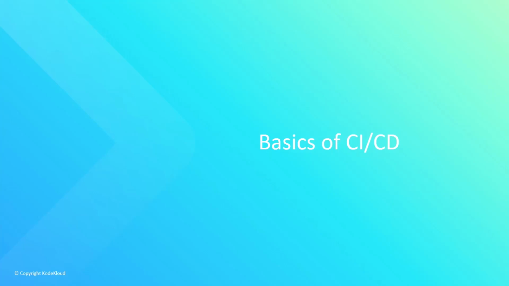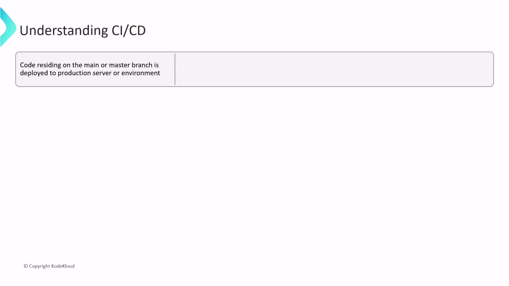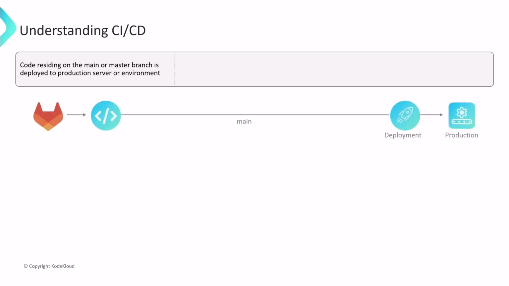Let's go ahead and explore the basics of CI/CD. In a typical project, source code resides in a Git repository where it's both stored and versioned. GitLab is a web-based platform centered around Git, serves as a centralized hub for hosting these repositories, and extends Git's capabilities with additional features. Typically, all code resides on the main or master branch, which is frequently deployed to production